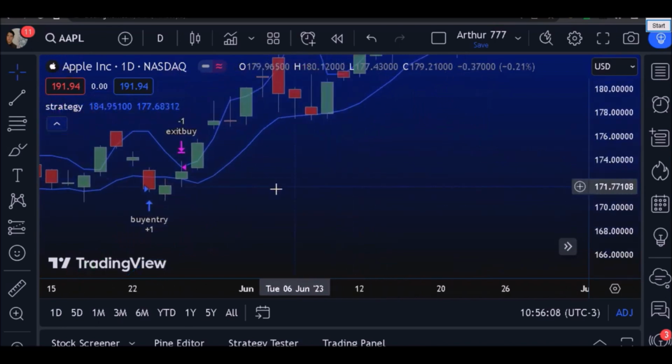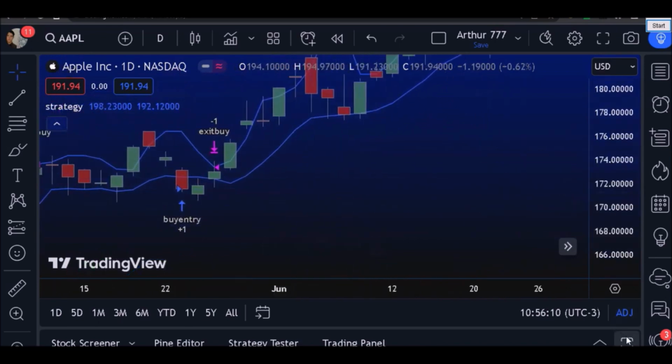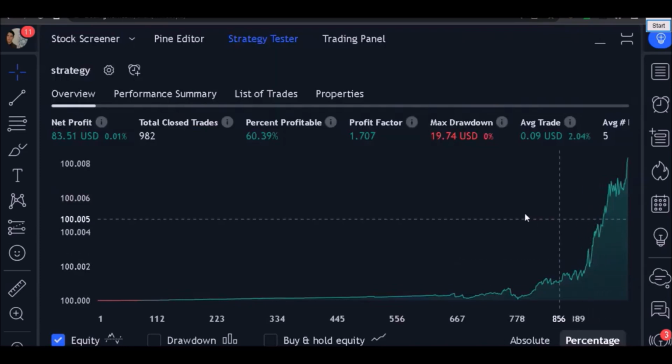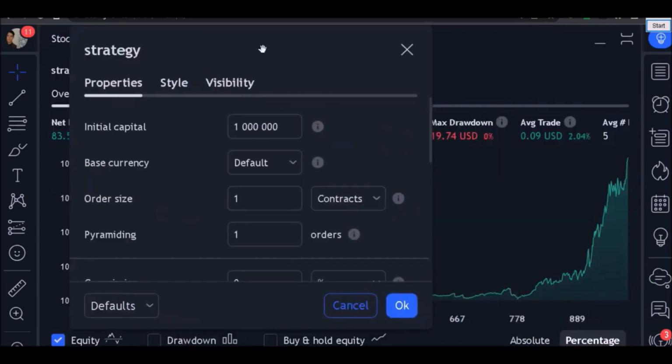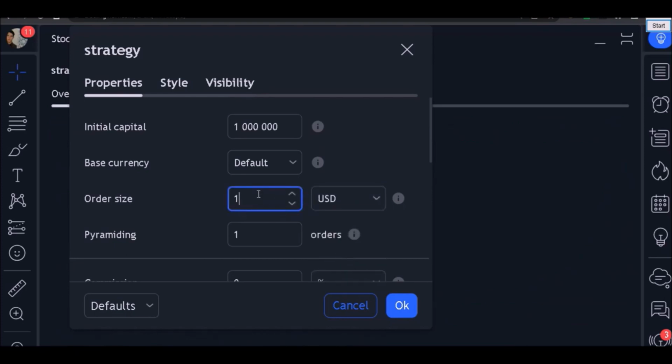I'm gonna put this code on the website, and here we have the statistics. That strategy is very simple, but we have awesome statistics here. Look